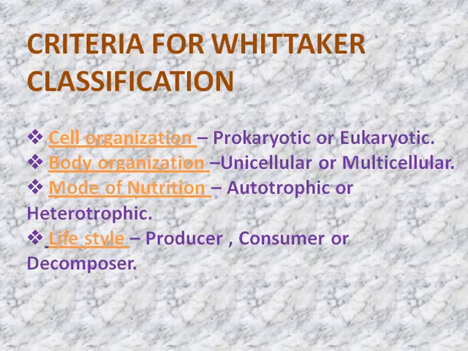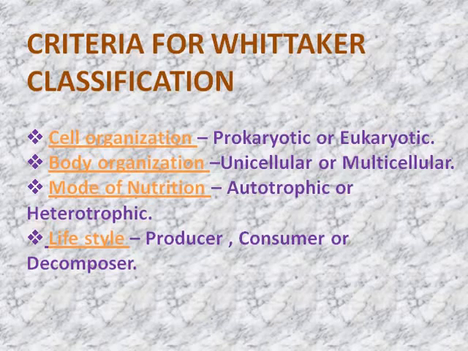Then comes lifestyle, whether they are producing their own food, not dependent, like plants. Producers. Consumers. Those who are dependent on the producers for their nutrition, for their living. Or decomposers. Decomposers are those which are living on the dead and decayed plants and animals, dead and decayed organisms, right? So these are the criteria which were taken by Whittaker for the classification of the 5 kingdoms: Monera, Protista,